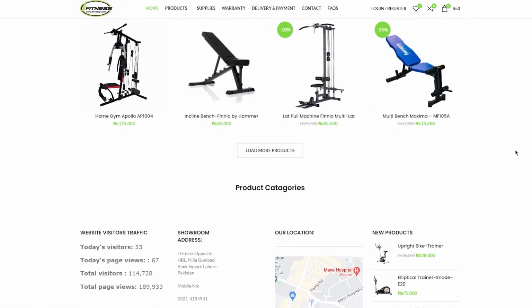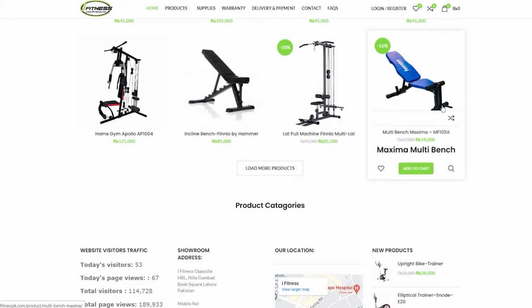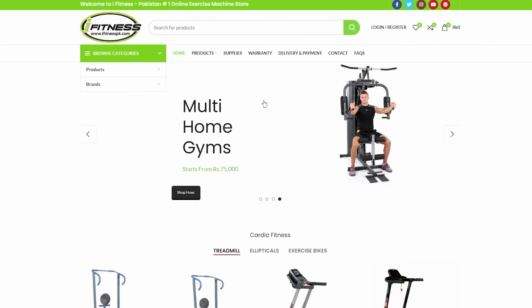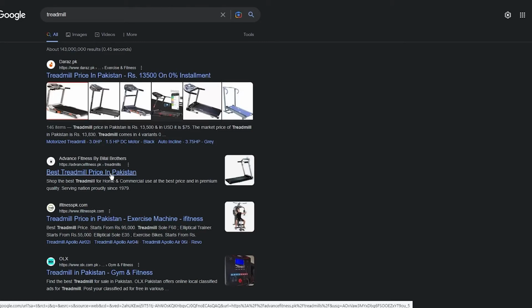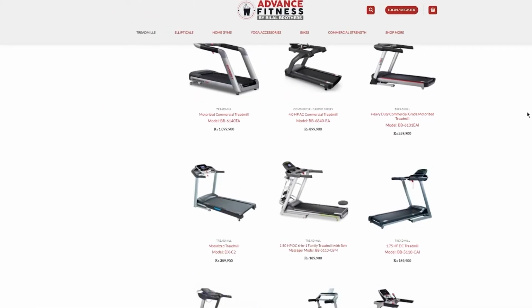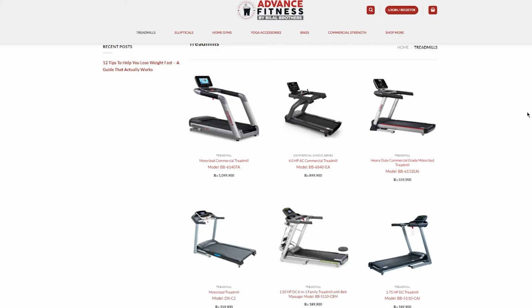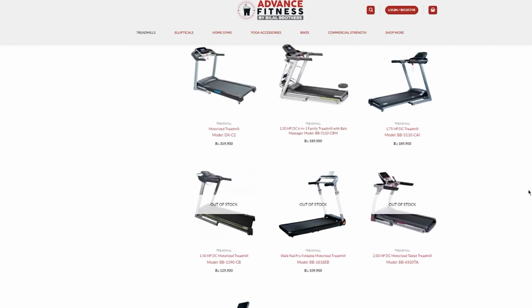You're also going to see the features that they have with it, and how simpler it makes things for you. So just go ahead, see whatever works best. And if one website doesn't work well for you, you can always go ahead and check another website. There's tons and tons of websites for you. So as you can see, you get tons and tons of treadmills. And yeah, after you've seen them, just copy their title,